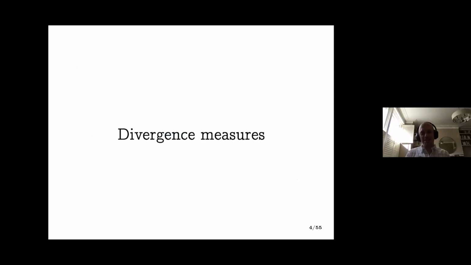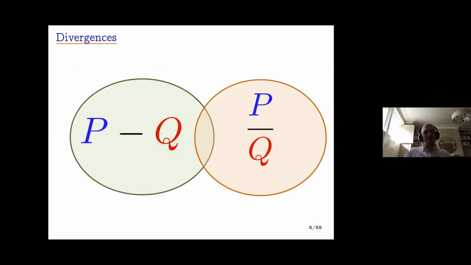All right, so let's start with divergence measures. Broadly speaking, there are two categories of divergence measures that I'll consider, based on two different concepts. The first concept is the difference in probability measures. If I have a difference of P and Q, P minus Q, and if this difference is 0, then P and Q will be the same. The second category of divergences that I'll consider is, in some sense, a ratio of P to Q. If this ratio, however I define it, is 1, then P and Q are the same. So these are two different philosophies, if you like, of comparing distributions.